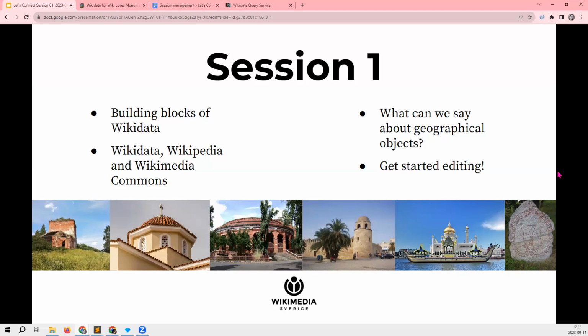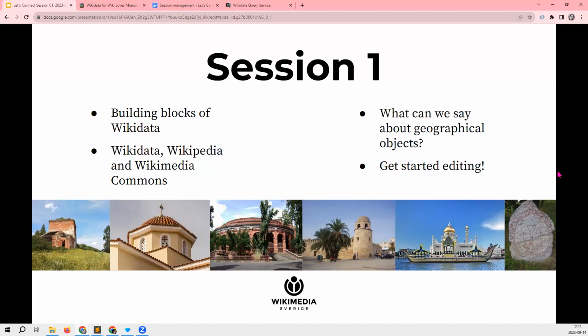So in short, within the next 45 minutes I am going to go through the basics of how data on Wikidata is structured, and the connections between Wikidata and other Wikimedia projects, such as Wikipedia and Wikimedia Commons. Then I'm going to look at how items of geographical objects are structured, because that is the focus of Wiki Loves Monuments.